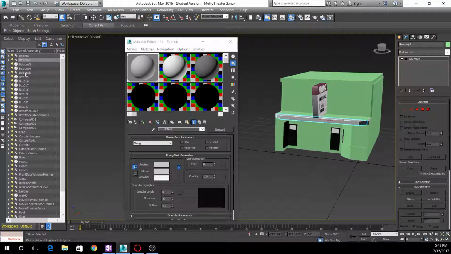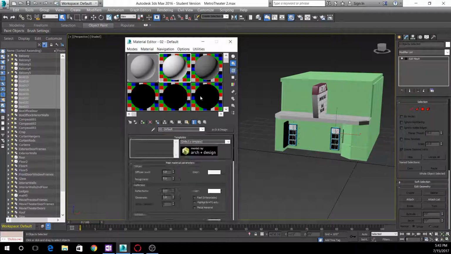So I'll select all those and assign the materials. So that assigned it to some of the balconies here. I got a box. Okay, now these boxes, I just know I should have named something better than box. I normally do, but these are the things where I had marquees for pictures of different movies. I'm not going to go mess with that right now, so I'm just going to go ahead and go in